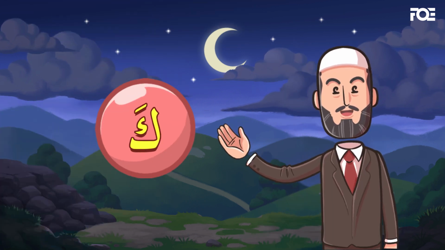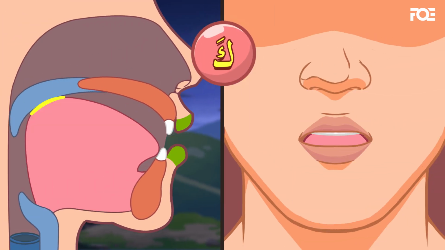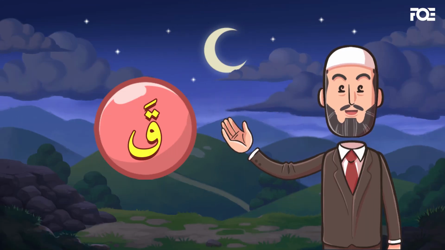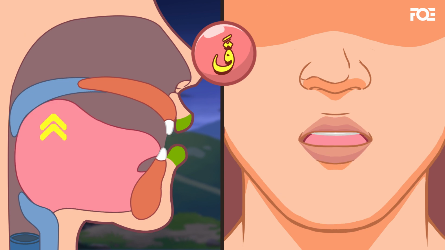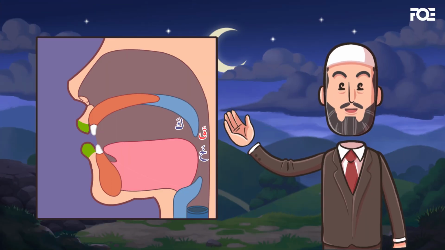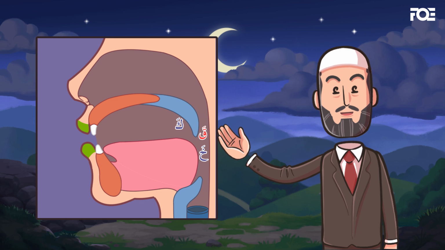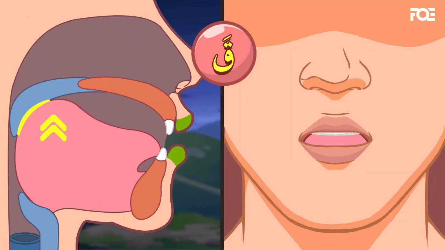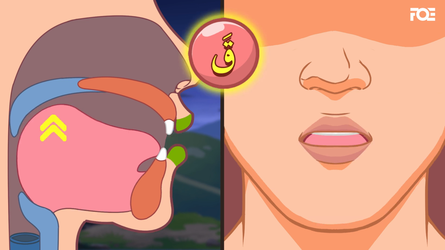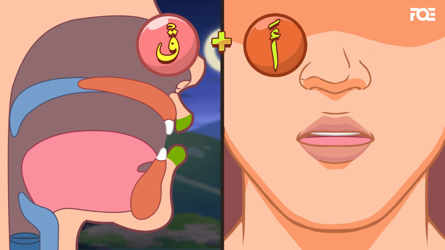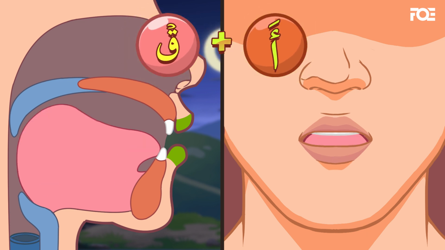How do you say Ka? Oh, very simple. I don't have to say it. Ka. Let us focus on Qaf. Touch the inner part of the tongue to the roof of the mouth, right at the back behind the uvula. That is behind that small piece of flesh that hangs there, behind that. So you say Qa. Listen to it repeatedly and you can say it. Qa, Qa, Qa. Or Aq, Aq, Aq.